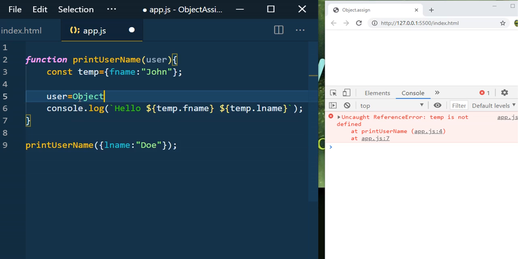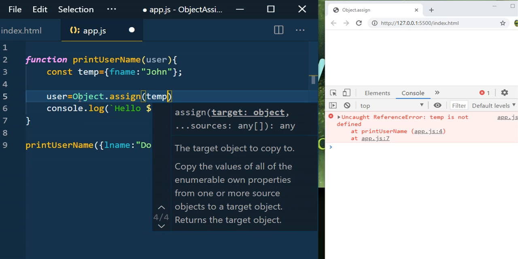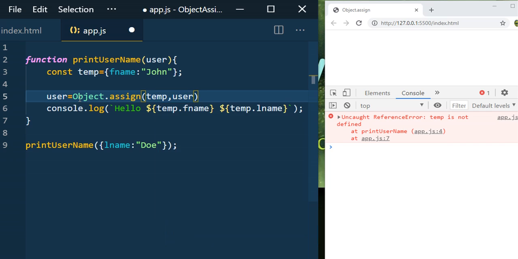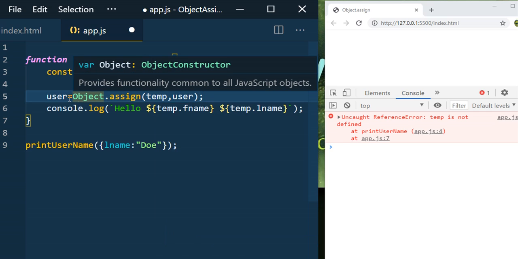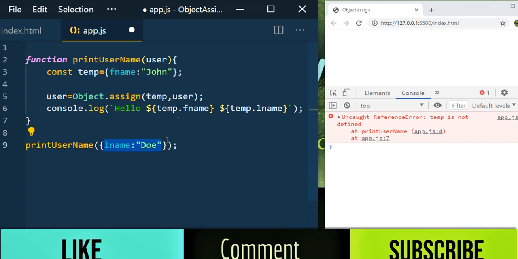Here you can use Object.assign and the target object is temp and you can use the user object as a source. So now what it will do: we pass the lname in the user object but it doesn't contain the fname.